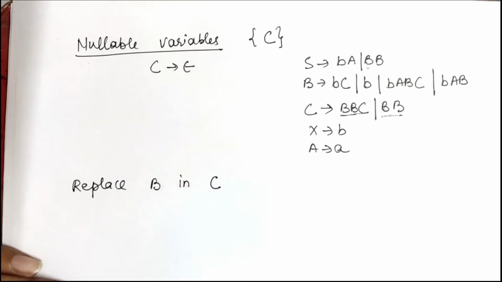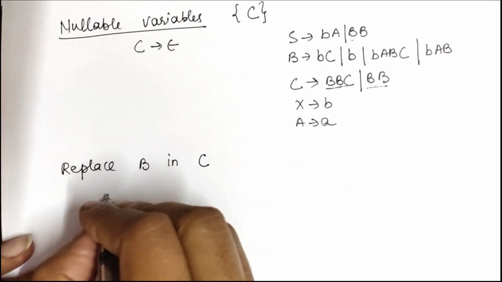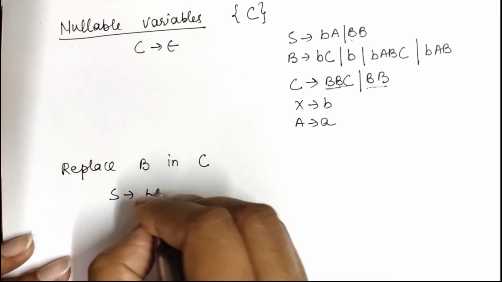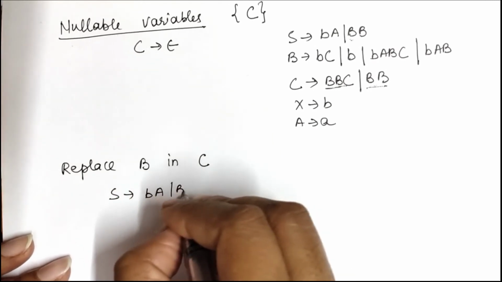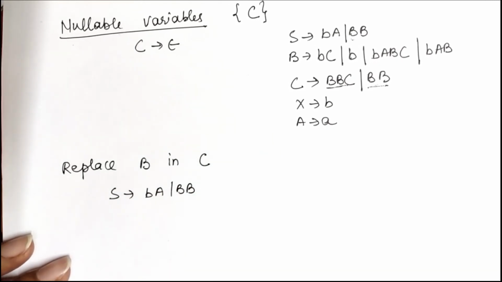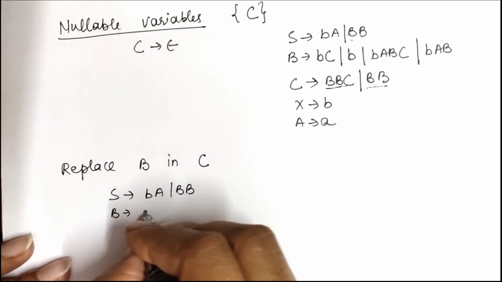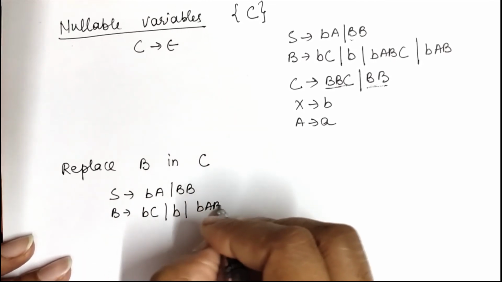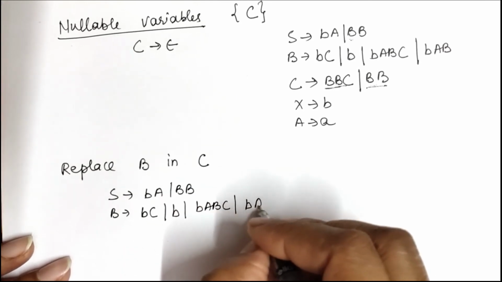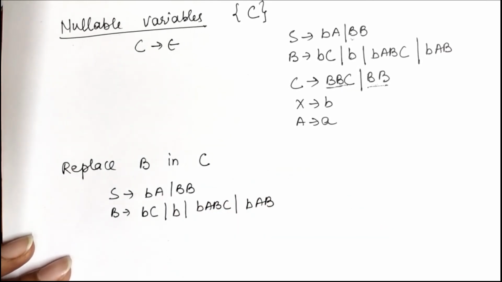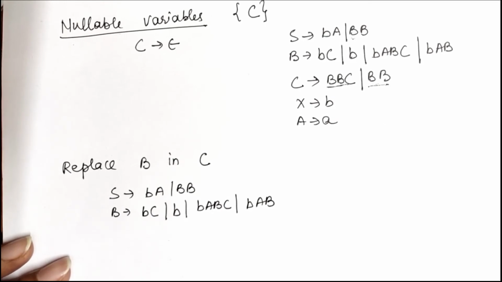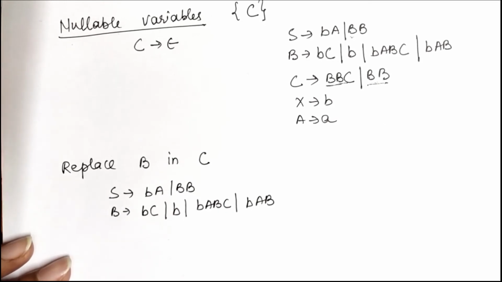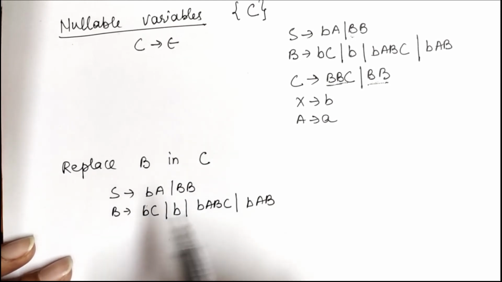So first, S derives BA or BB remains as it is. Now the capital B will be BC or BABC or BAB. And again there is a third step in the null production, where we eliminate that nullable variable. So in order to take the third step, you can cancel out this production or this